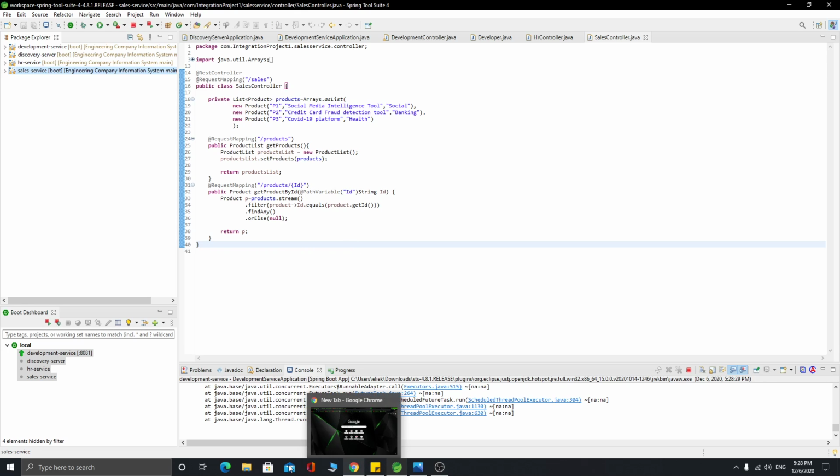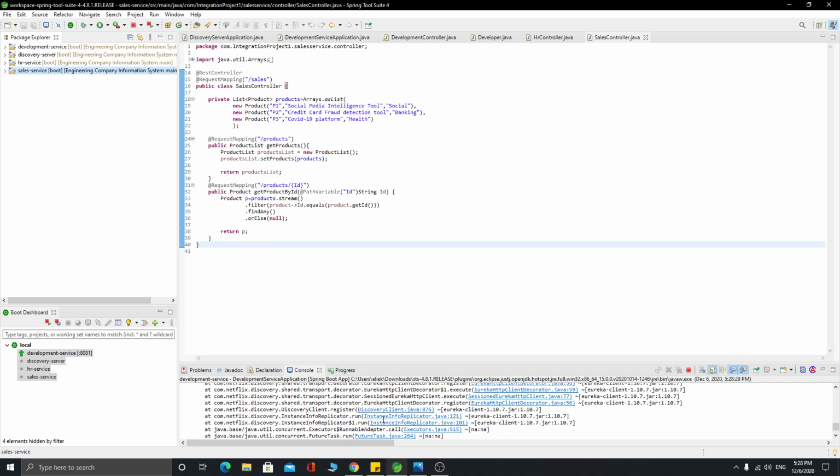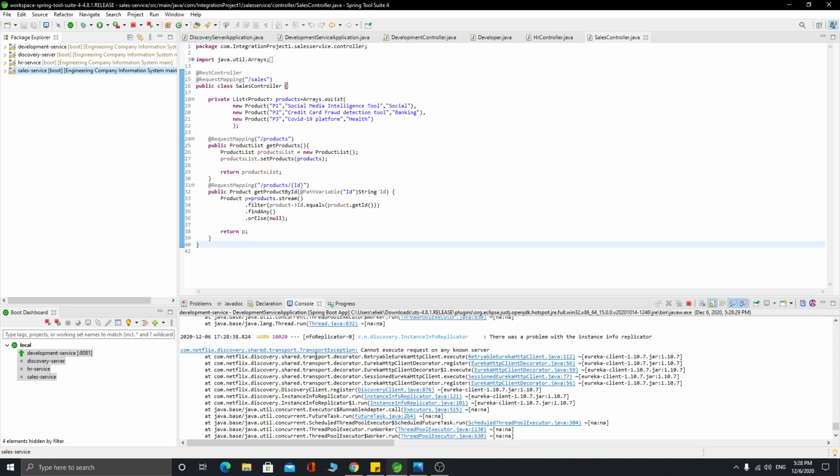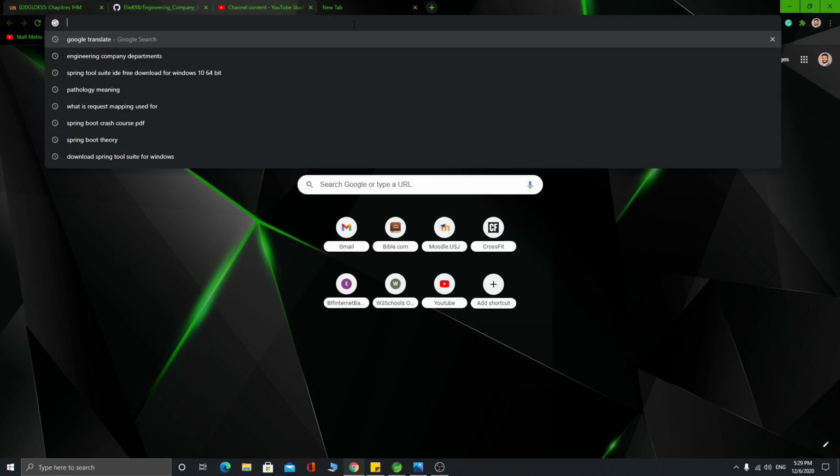So right now we have launched the development service. Now it's putting an error right there because there is a dependency on the discovery server, and since I didn't launch the discovery server yet, it will put an error, but it's fine because it will run if I just put localhost